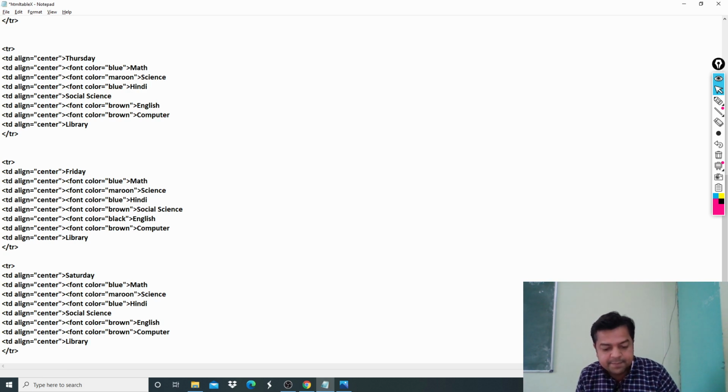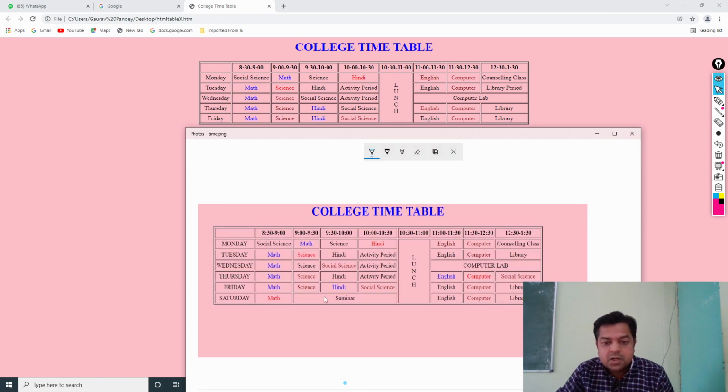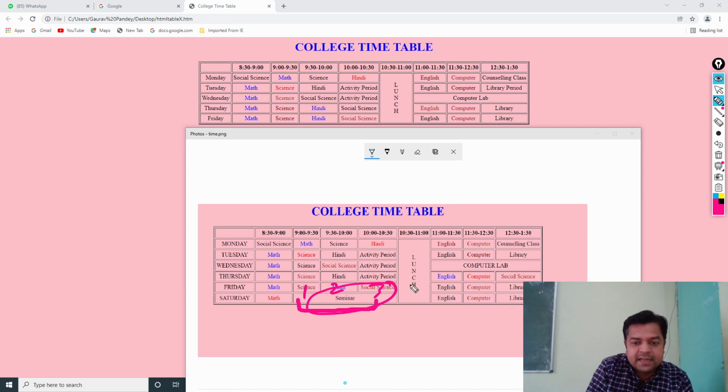सैटरडे का जो फर्स्ट पीरियड है आपका, वो फर्स्ट पीरियड है मैथ, वो भी रेड कलर में। सेकंड पीरियड है सेमिनार, और सेमिनार के लिए मैं बता दूं आपको कि यहां पे अगेन हमने कॉल स्पैन एट्रीब्यूट यूज किया है। इस जगह को सेमिनार लिखने के लिए अगेन हमने कॉल स्पैन एट्रीब्यूट यूज किया है, and I have taken 3 columns to span into a single column, 1, 2 and 3। इन तीनों कॉलम को स्पैन करके एक सिंगल कॉलम बनाया है।